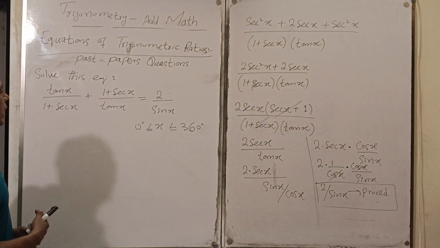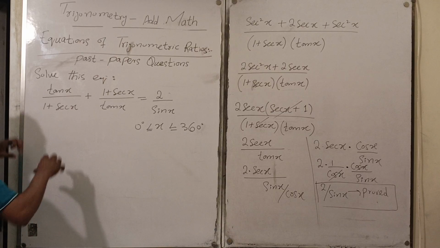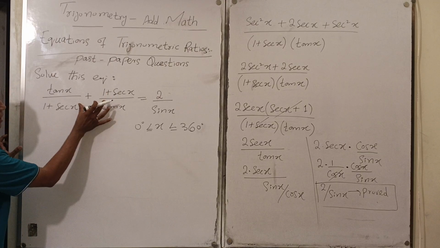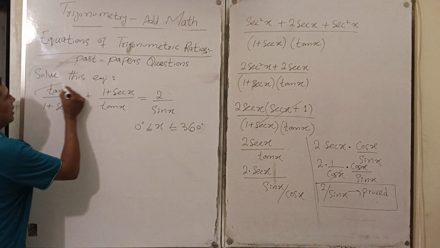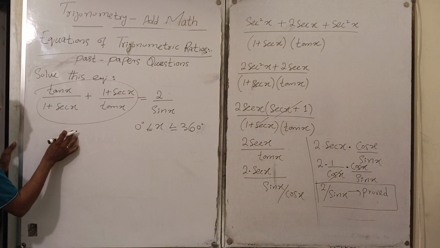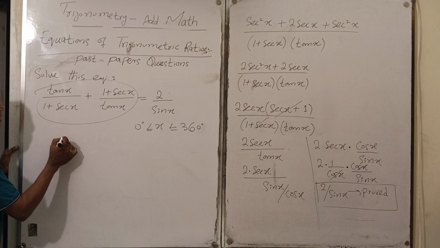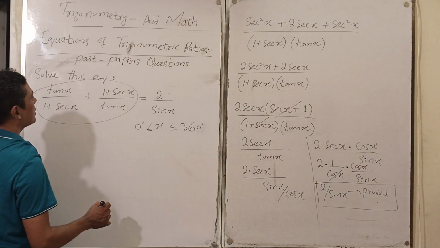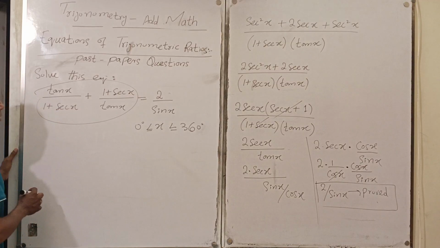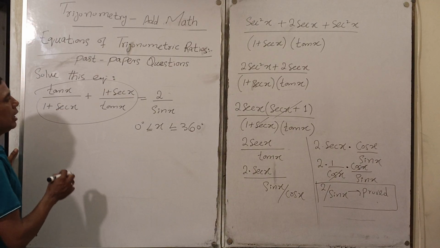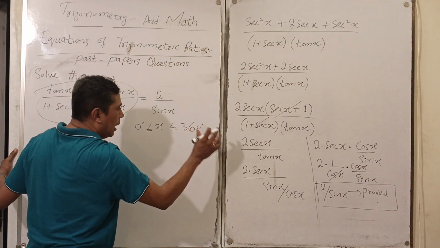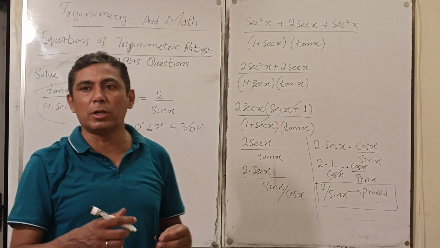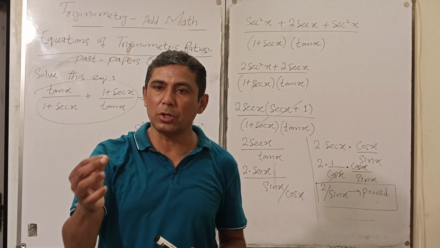Now, how will you find the value of alpha? That value is equal to 2 over sin x. We have already solved it, so instead of this value I can put 2 over sin x here. Clear? And when you have this value, you need to plot a graph for it after the solution, and try to solve whether it is possible or not. So it is for your homework.